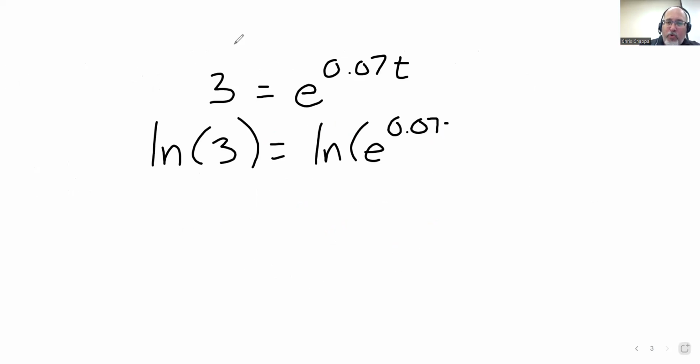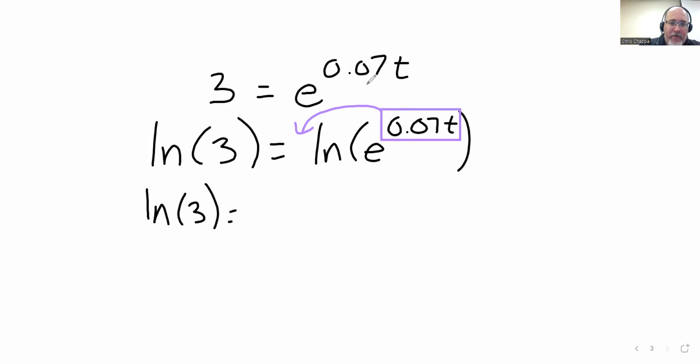Number two, and more importantly, the thing that we're solving for is up in the air. We need to use the power rule to bring it down in front, and that's what the power rule is designed to do. Well, it's not designed, it just happens to be that way. We're going to take that power and bring it down in front of the log that it is currently inside. We get the natural log of 3. We get 0.07t,